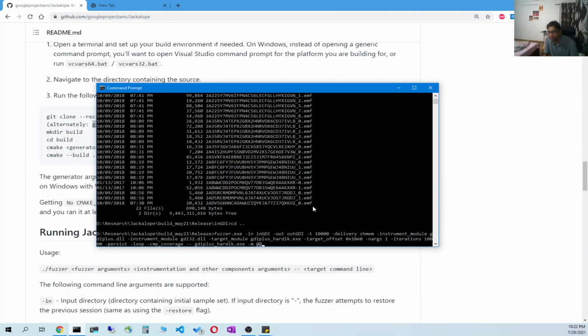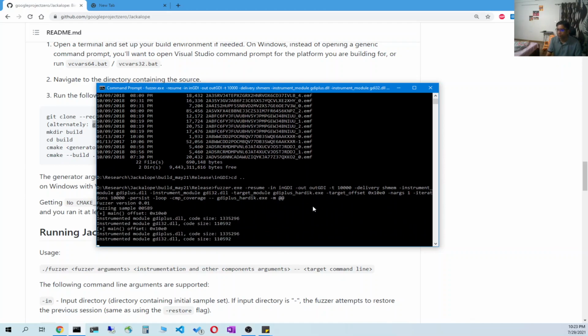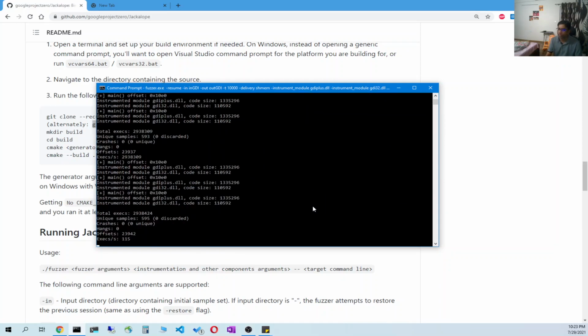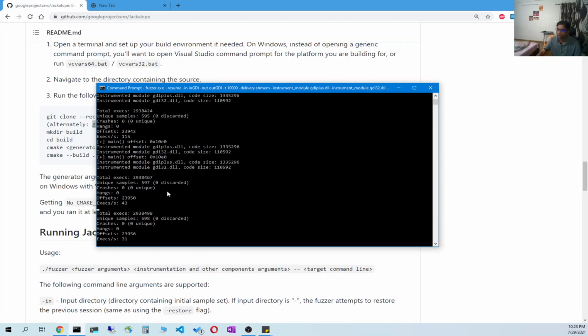So this is a simple command line, and you can also resume your campaign by simply giving the resume option over here. So if you are running your fuzzer and you need to cancel that, and then you again want to resume your fuzzer from that state, you can use this option. So let me try with resume if it works or not. I'm not sure if I ran this fuzzer in the past. Okay, so resume is working for me, and this is how it will work.